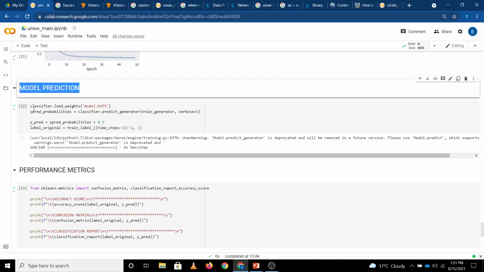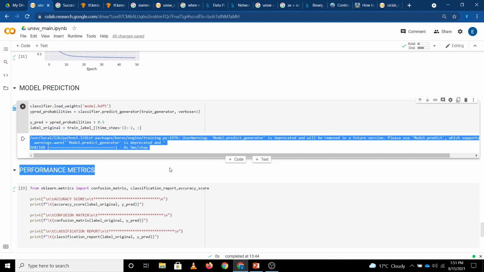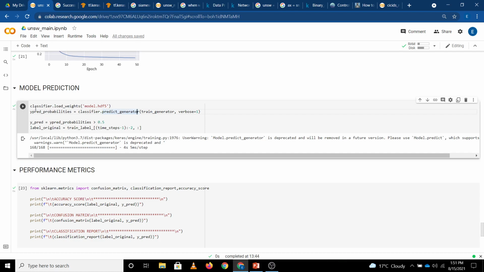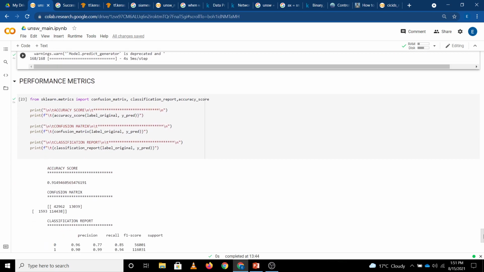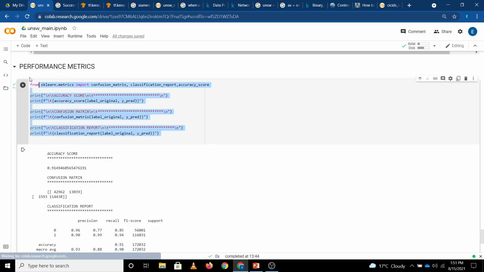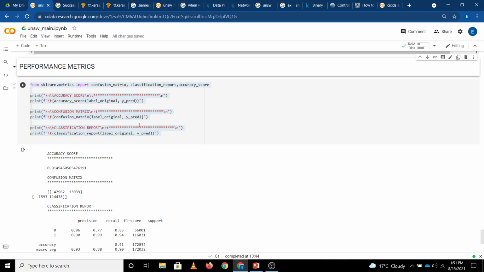Here I load my model.hdf5 and predict all the data. Based upon the binary entropy, it will produce the validation metrics, so I have to specify the threshold value. The threshold value here is 0.5 for y_pred: less than 0.5 means 0, and greater than 0.5 means 1. We predict based upon that. Later we have a performance metric to get the overall result. In the performance metric, our predicted variables are stored in y_pred, where we saved the predictions.